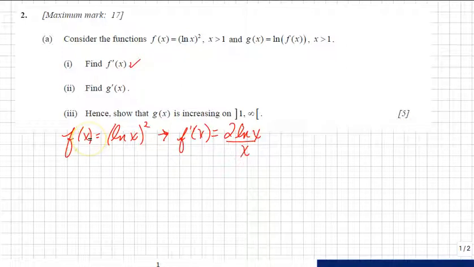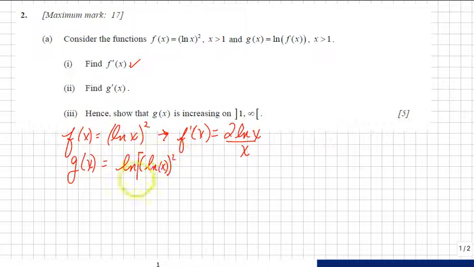Part II, the derivative of g of x. Well, it's just about as easy, except g of x is defined as ln of f of x, so it's the ln of x quantity squared. So let's put some square brackets in there. So that derivative,